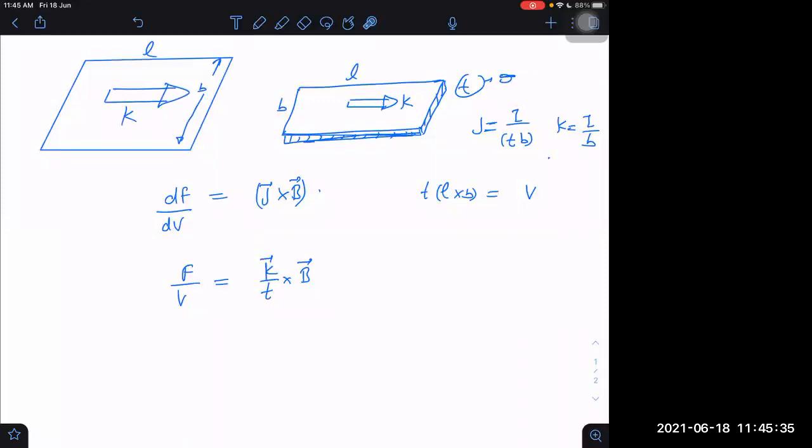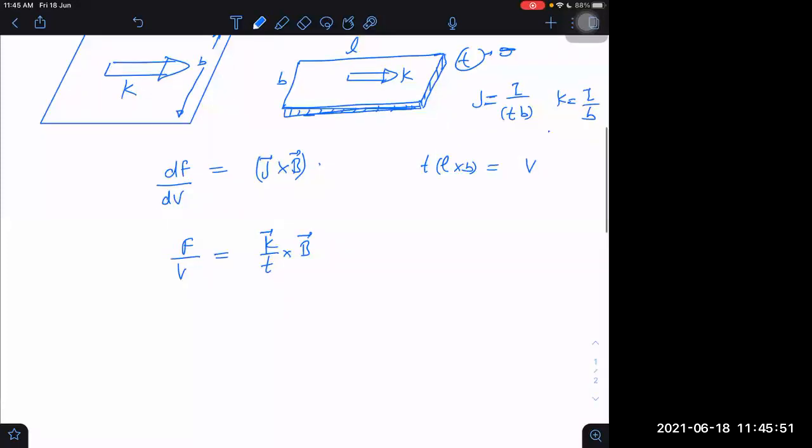Don't take this thickness. This doesn't exist. But why are we bringing it into the picture? So that I can use the same formula which I derived before. Otherwise, I will have to rederive it again. I can derive that also, rederiving it without considering thickness, we can do that. But why should we waste time? It will be good if we do it directly by this method only. J cross B upon K by t cross B. Then that is dF by dV, let us say. But I want dV to be written as dA into thickness.